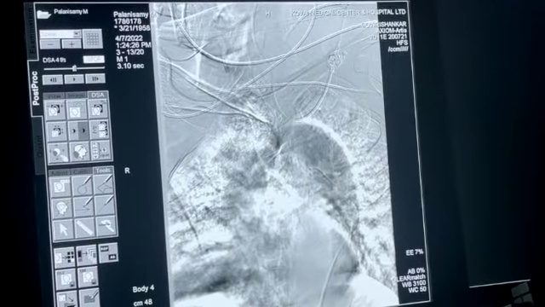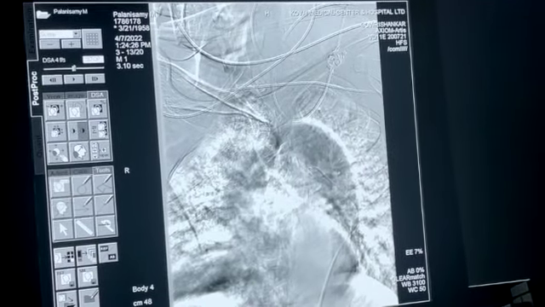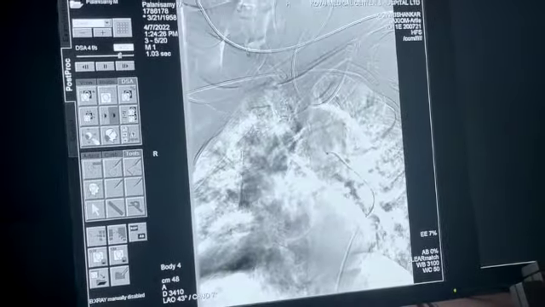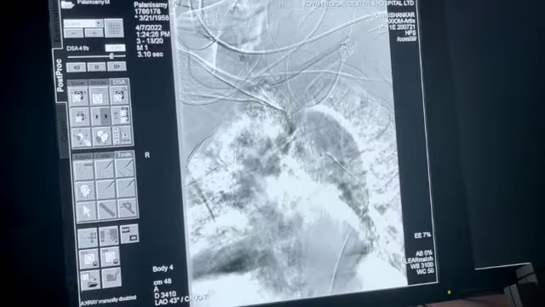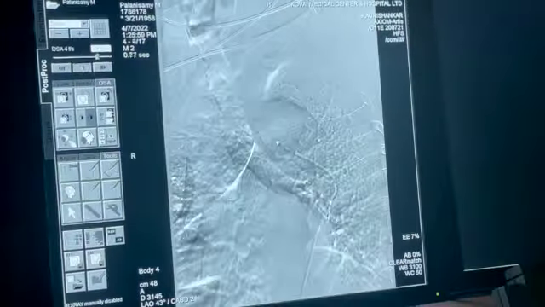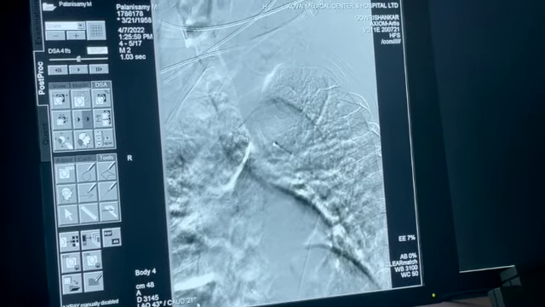So this is at an LAO of 43, caudal 7, which is not the appropriate angle. When it's not in the appropriate angle, you will not see the takeoff of the vessel at all. This one, on the other hand, LAO 43, caudal 21,